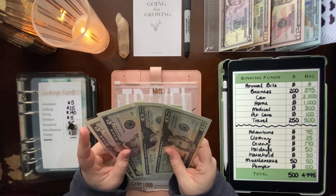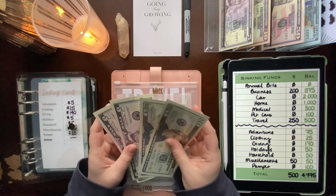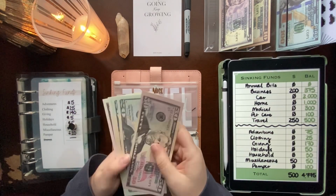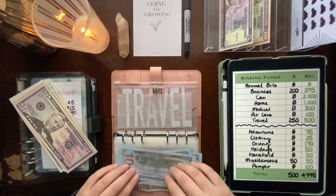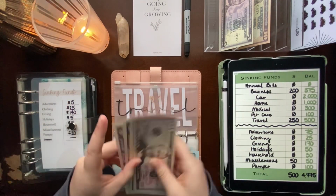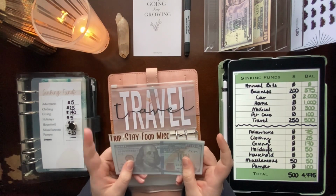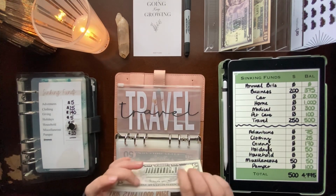Let's see. Okay, here's what we're going to do. We're actually going to take this 20, 45, 50, and we're going to add the 50 to that, but we're going to set this aside for a second. These 200s are going in food, and then this 100 combined is going into miscellaneous. So now we have 100 in trip, 100 in stay, 200 in food, and 100 in misc, which is basically